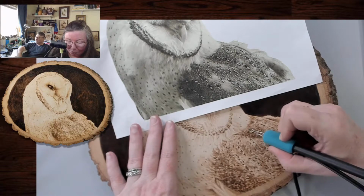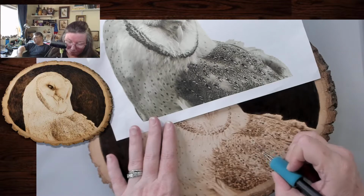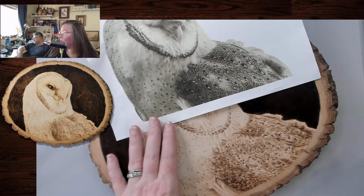Right now I'm doing flat drags. I'm just trying to do some overall shading, just to darken up. It's getting there. And I don't have the reference up for...